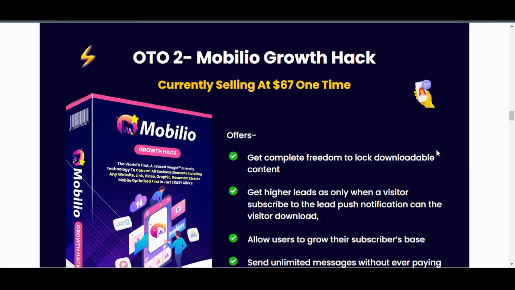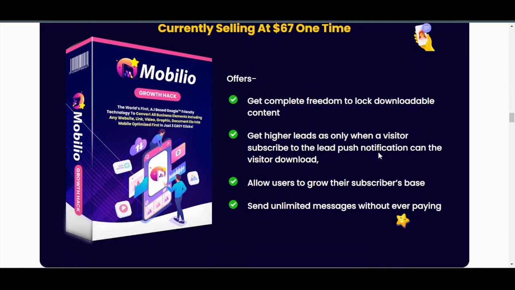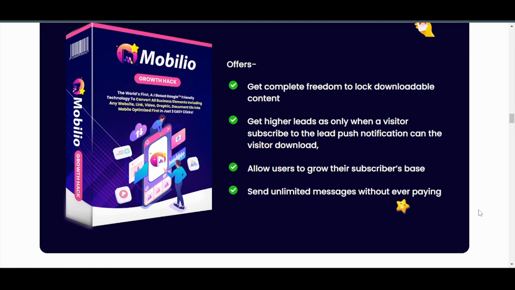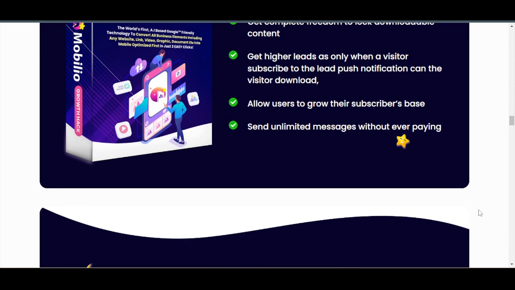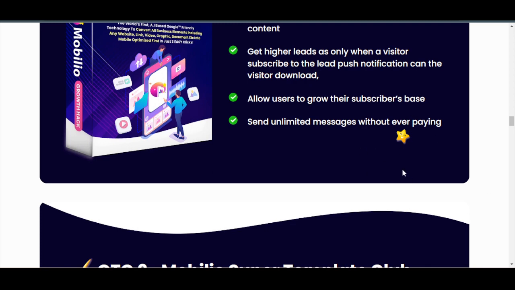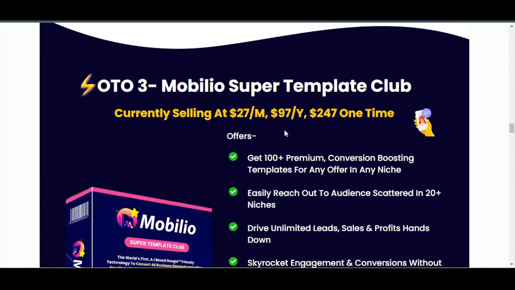This will allow you to lock any type of digital content and get higher leads, as only when a visitor subscribes to the lead notification subscription can the visitor download, allowing users to grow their subscriber base and send unlimited messages without ever paying. Offer 3: Mobilio Super Template Club, currently selling at $27 per month, $97 per year, and